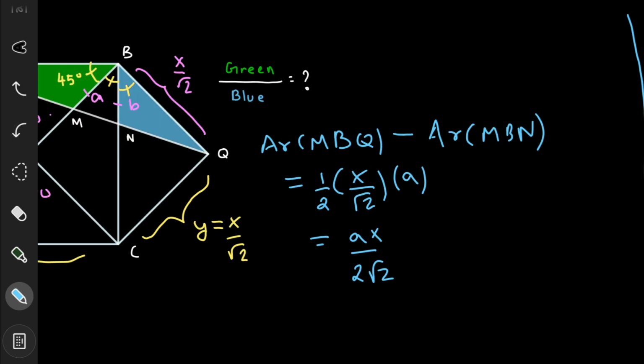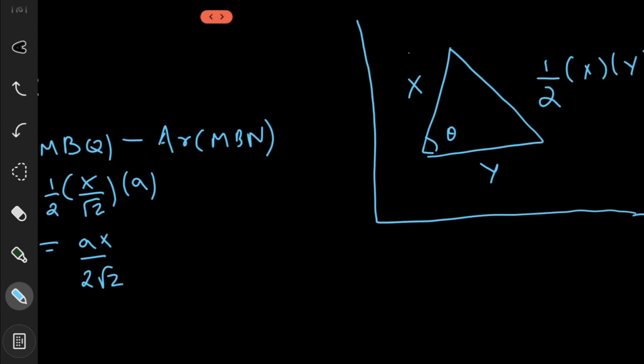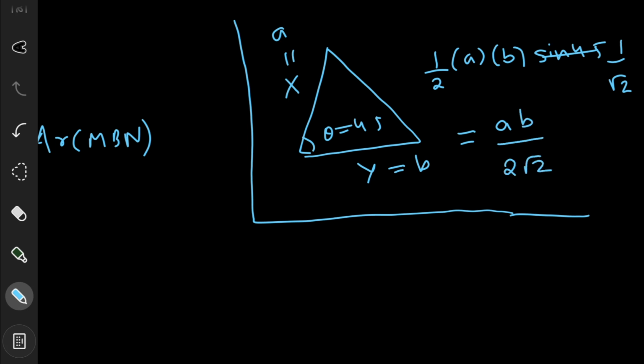So in this triangle, the adjacent sides are A and B and the angle present between them is 45 degrees. So in this formula, we'll replace x equals A, y equals B, and theta equals 45 degrees. So the area will come like half times A times B times sine of 45 degrees. Now sine 45 has a value 1 upon square root of 2. So this final area would be equal to A into B divided by 2 square root of 2. And this is the area of the triangle